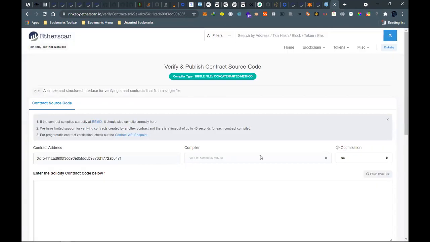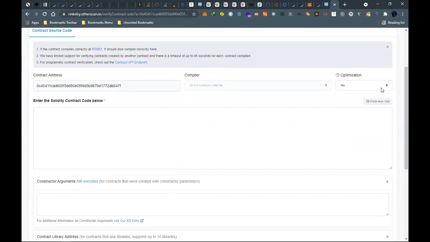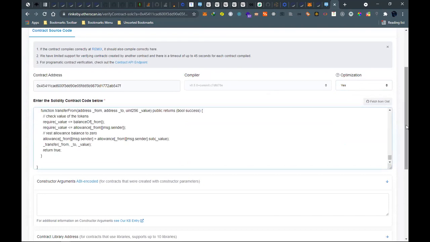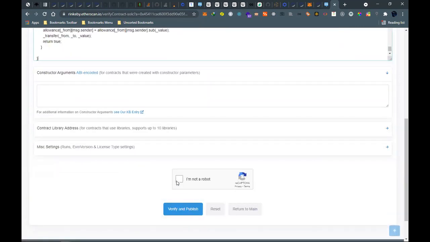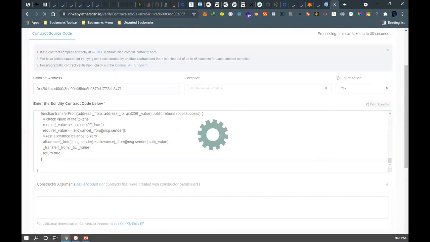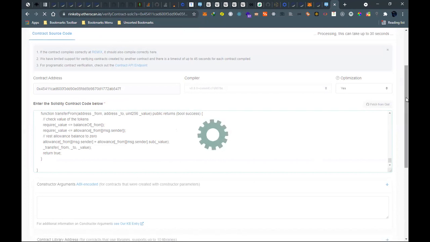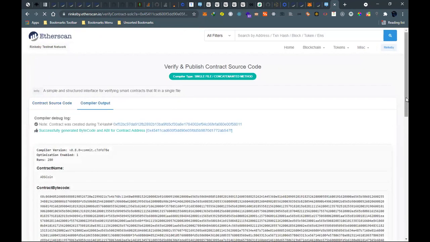So the compiler is today. And yeah, awesome, nice. So our contract has been verified.